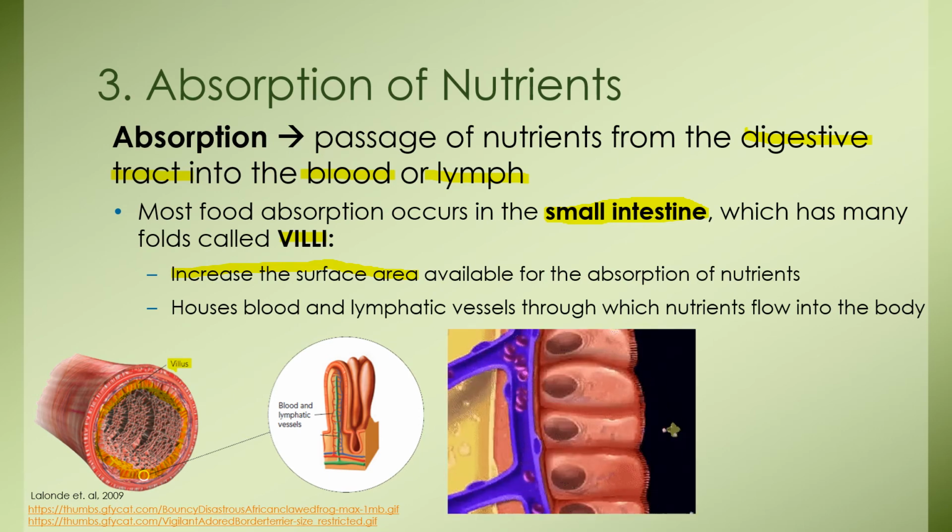So I'm going to show you here. So here is just the cells. The green part here are nutrients. They are coming into this villi. They are being absorbed, and they are going into the blood that is running here. Okay, so the small nutrients pass through the cells of the small intestine and go into the blood where they